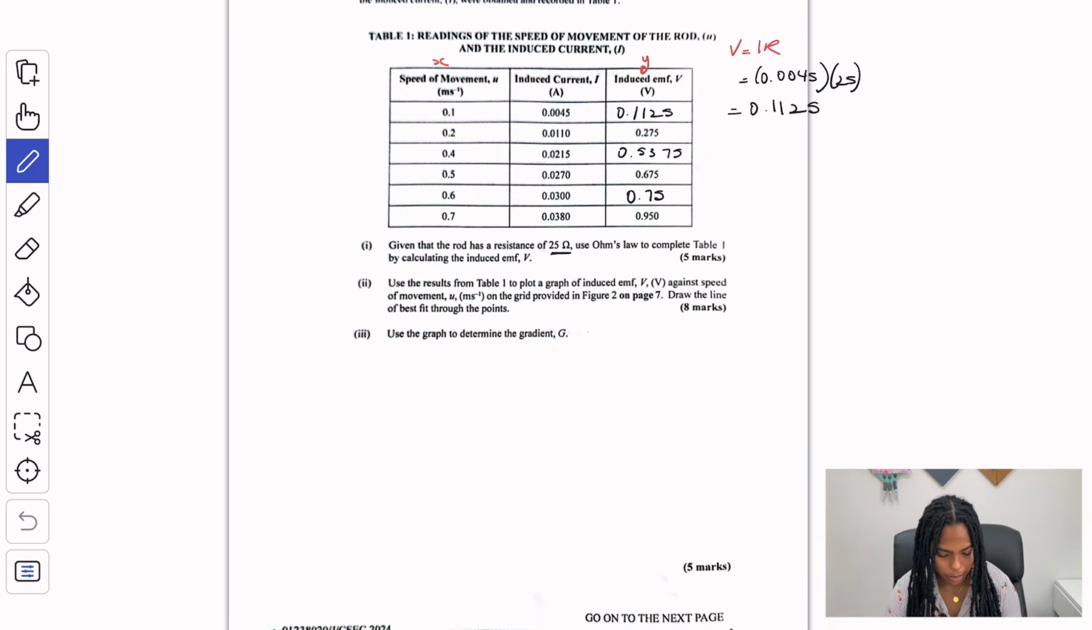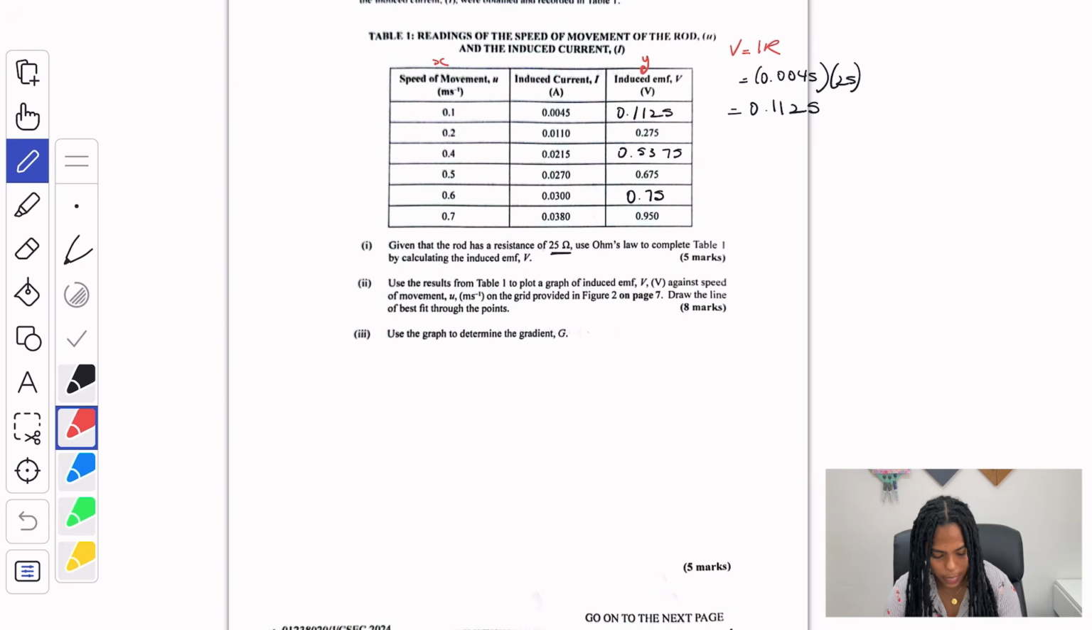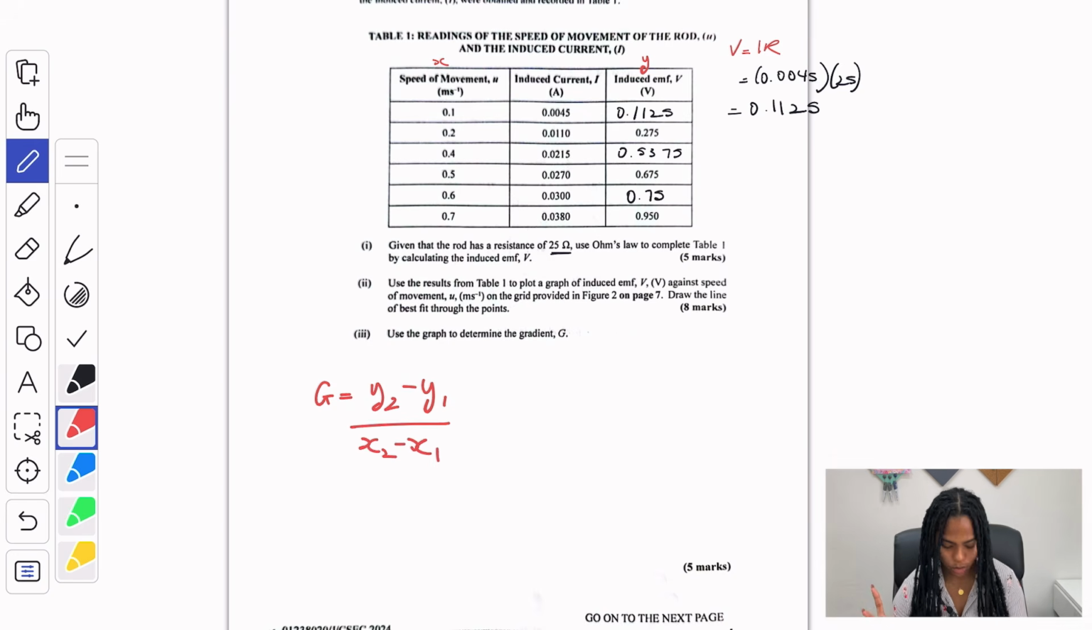So now I'm jumping back over here, and they have use the graph to find the gradient g. So I know that to find my gradient, they're calling it g, so I'll put g is going to be y2 minus y1 over x2 minus x1. Now these are two coordinates that